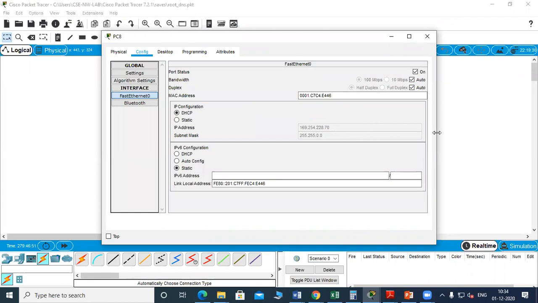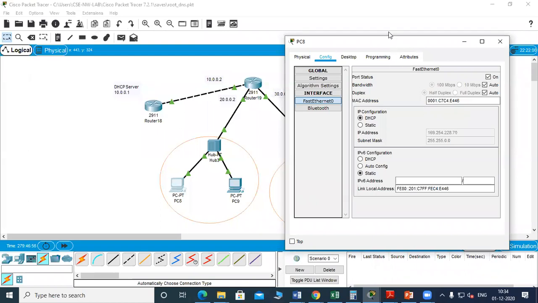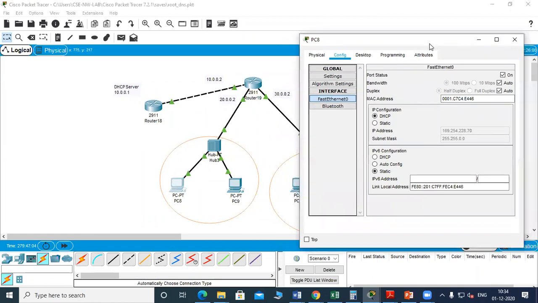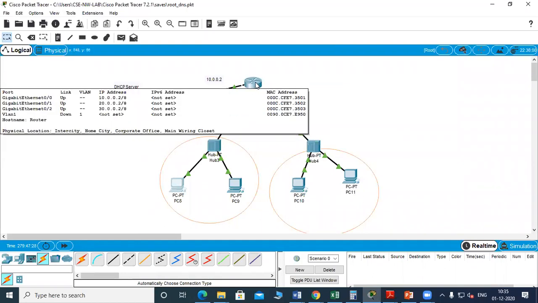Can someone say why some other address has been allocated? See, we had configured the IP address, but still it's assigning some other address. Ma'am, because it has still not recognized the DHCP pool. It's not recognizing. Why? Because the packet is not able to go till here. Okay. So why is it not able to go? Because the tables are not updated.